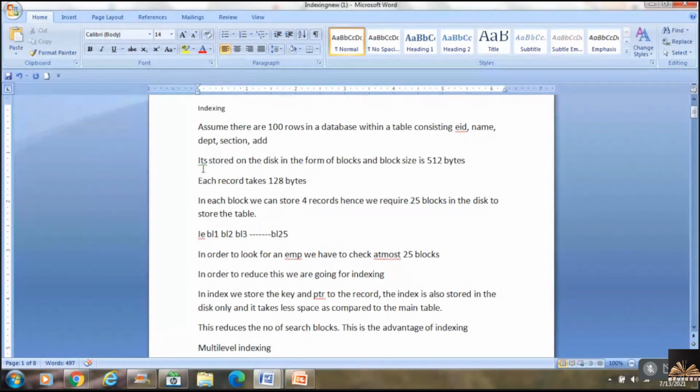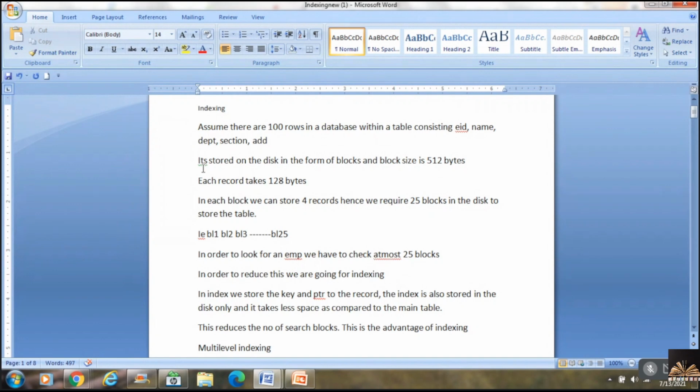And it is stored on the disk in the form of blocks, and the block size is 512 bytes. So I'm assuming that the size of the block is 512. Now, according to my assumption, each record takes 128 bytes.